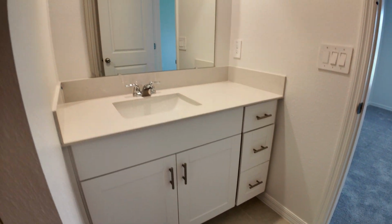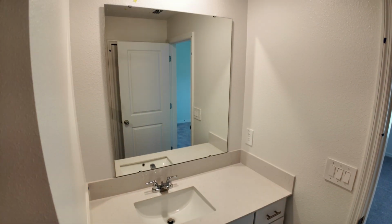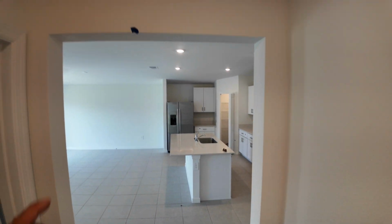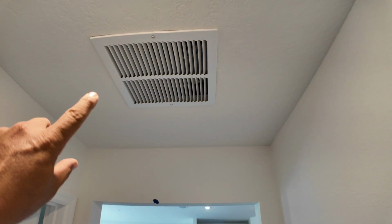Getting back out to talk about the jump vent here. I've been mentioning that more just to keep you guys aware of differences here. So this jumps the air out of the house. When the air comes into this bedroom, it flows back out of here, and that's good for noise canceling. So if you have kids and a lot of noise going on in the